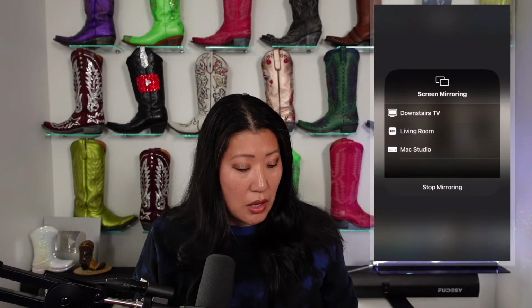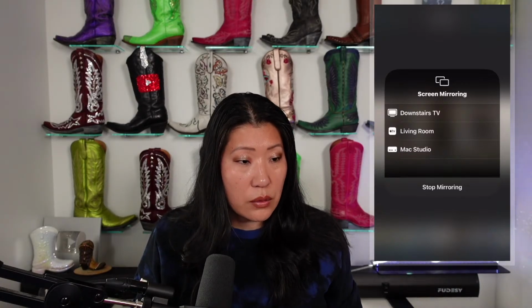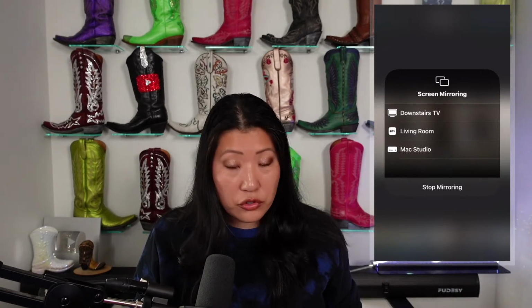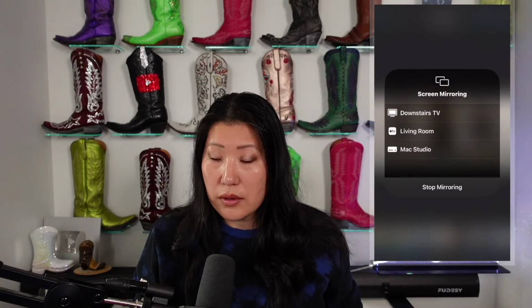Excellent. Okay, but why does it say stop mirroring? That's not even showing on the screen. That's really weird. What if I stop showing this? Does that go away? No, sure doesn't. Interesting. What if I delete you?